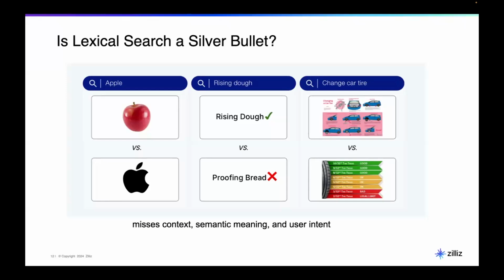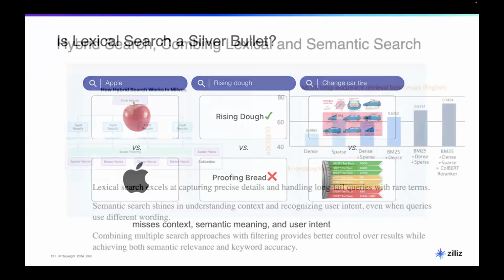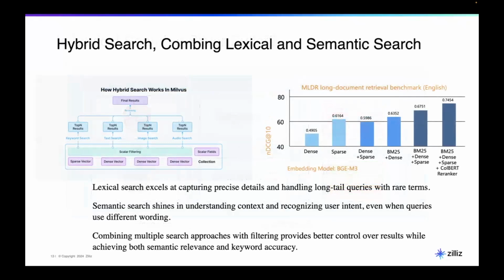Third is about your intentions. Just by looking at the keywords, if I have different contexts, whether I'm looking at an e-commerce website or a car manufacturer website, I'm actually searching for different things, right? So just using keywords or lexical-based search won't help with a lot of these use cases. Okay, so that's what we propose in Milvus 2.5, a new hybrid search model, combining both lexical search and semantic search.